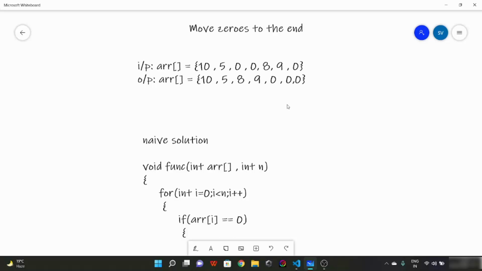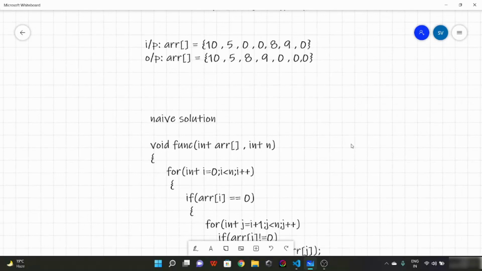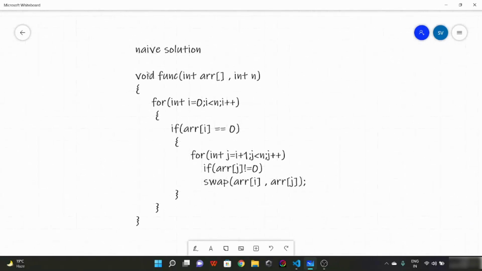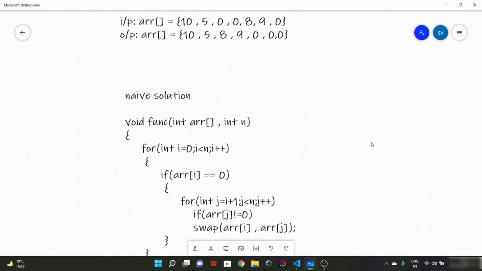Now pause the video and think of the solution. Okay. Now let me tell you how you can solve this. First, let's talk about a nice solution. And I guess many of you might have approached and cracked this nice solution. So what is happening here is,